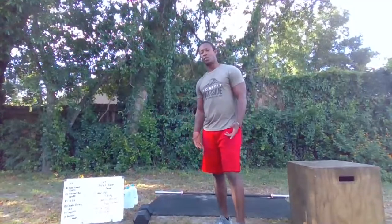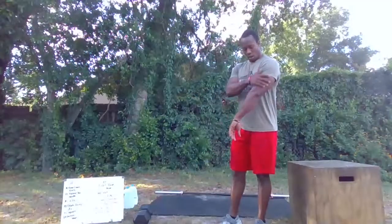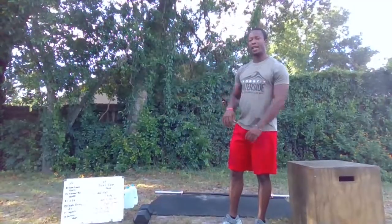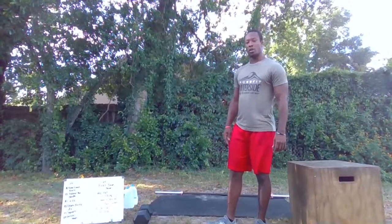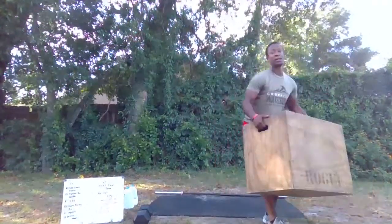10 single leg deadlifts on one leg at a time. And then 10 glute bridges. Go ahead and knock out one more set. Get nice and loose, get nice and warm while I go over these movements for your strength work. For the strength work,